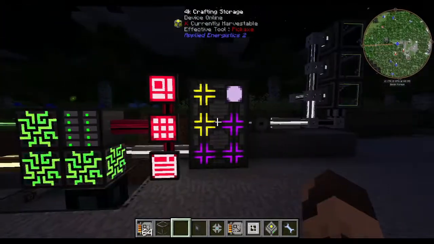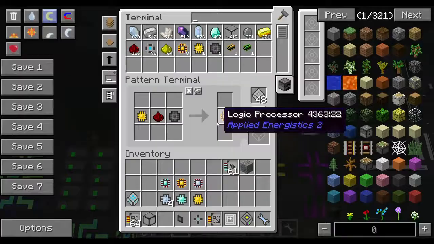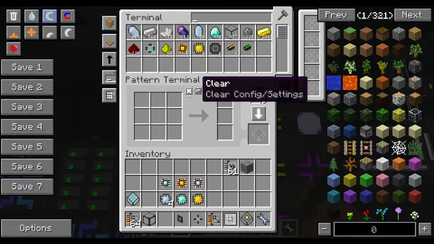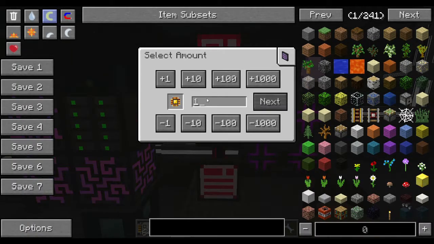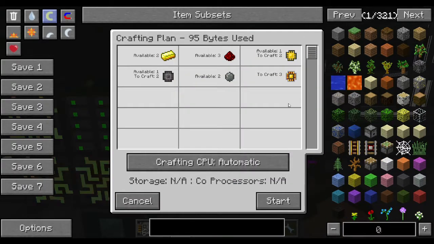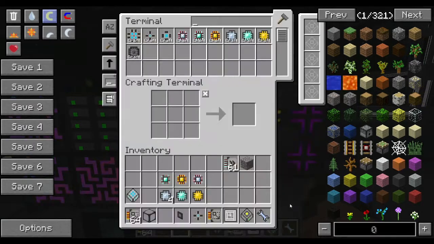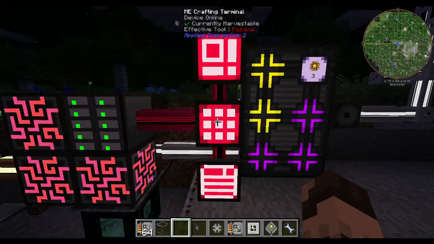I'm going to feel dumb if this is it. Clear that out. Okay, now let's see. Let's craft 3 of them. Alright, now see it's showing all the parts that we need there. I bet that's what I did. I didn't create the whole pattern. So if I hit start,